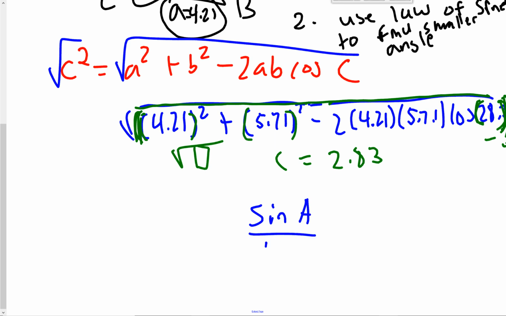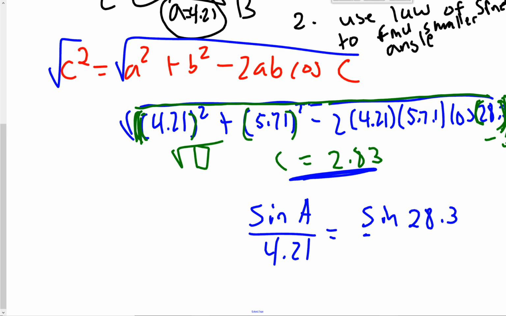On bottom would be the side A, equals, and I'm going to use the angle that I'm given, right? That's why I have to find this side C first, because this is the only angle I'm given. Okay. So that's what I say, 28.3, and then I can use that 2.83, and then I just solve this